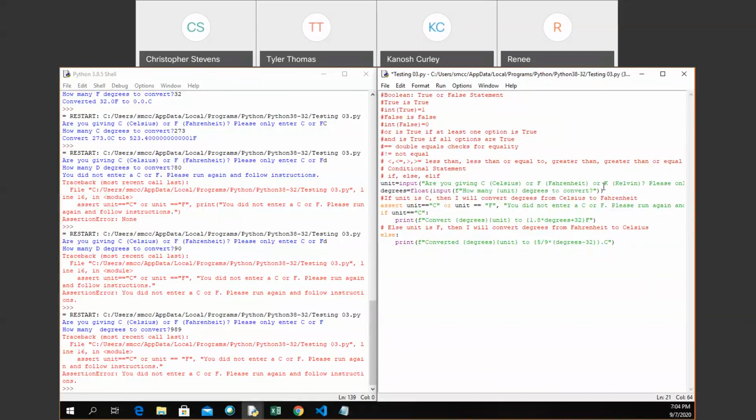Now I have three options. I'm checking for C or F, and I have a third option. I want to see if it is Kelvin and tell the user not to use Kelvin. So instead of creating a new conditional statement, I'm going to add an else if here. So else if the unit is K,